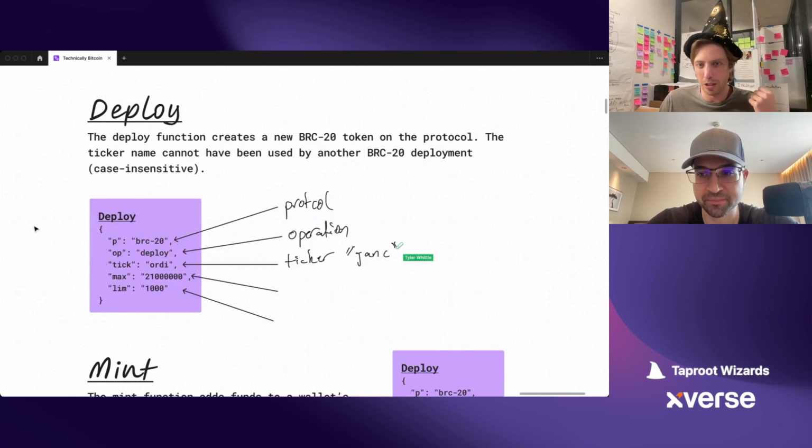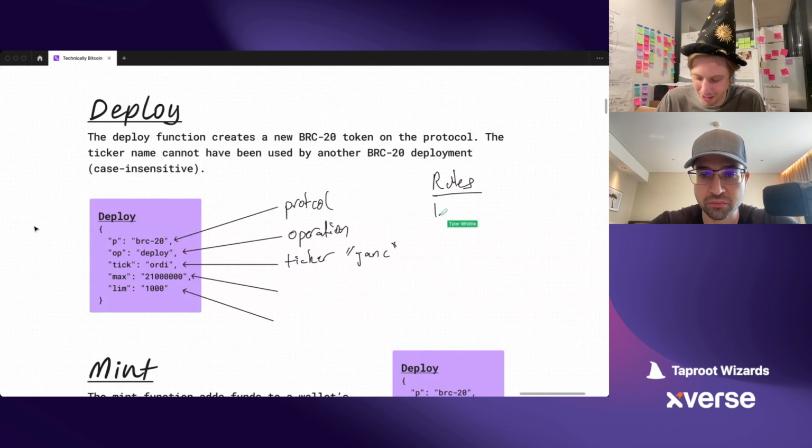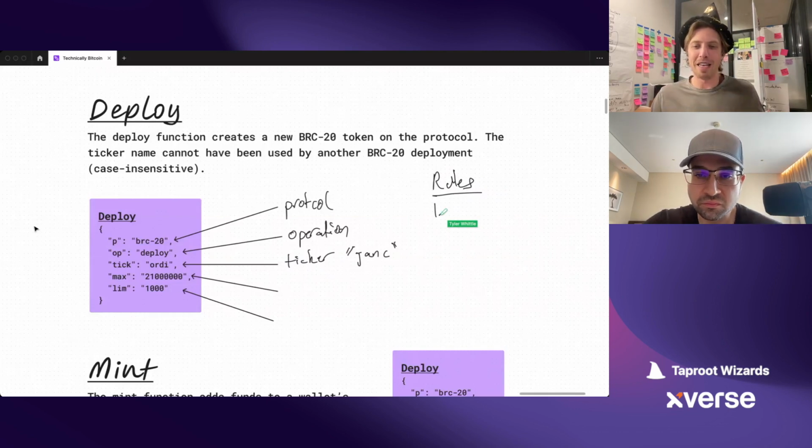Yeah. But we couldn't just do JAN. If we did, that would be an invalid ticker, and this wouldn't be picked up by the protocol. Let's talk about some of the rules around the deploy function. If we put a space, does it count? And the answer is that we're not treating the space as a character. If you try and say, oh, I have space JAN and you have JAN space, these are different.